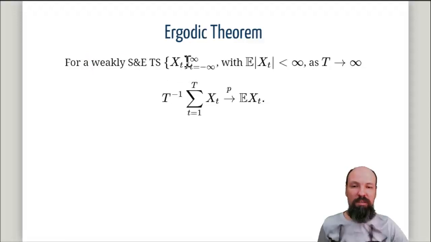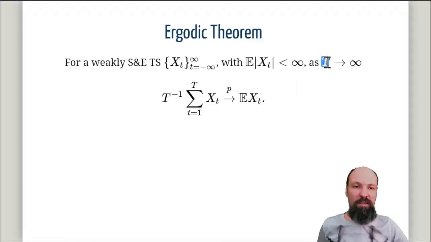Strict stationarity is not required, because in the data we can only identify weak stationarity, so we can actually apply this theorem to what we get from the data. So if we have a weakly stationary and ergodic time series X with such a technical property, that not just the first moment exists, and not just the second moment exists, but the absolute first moment exists and is finite, which holds for most weakly stationary processes,